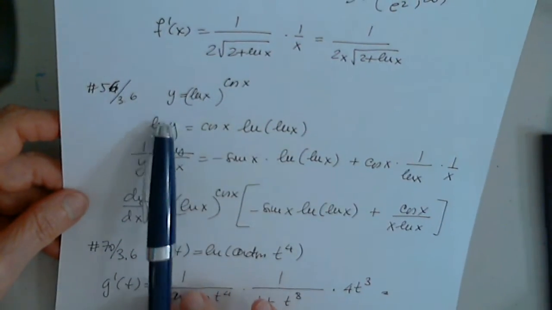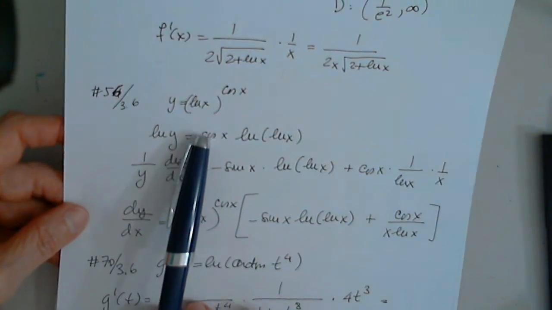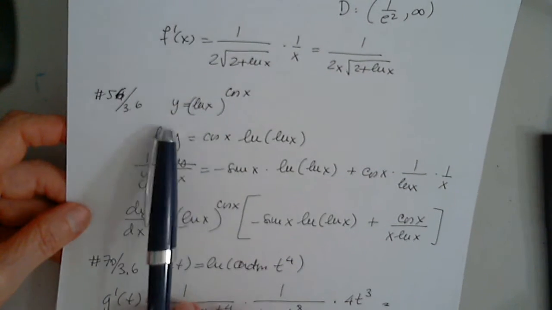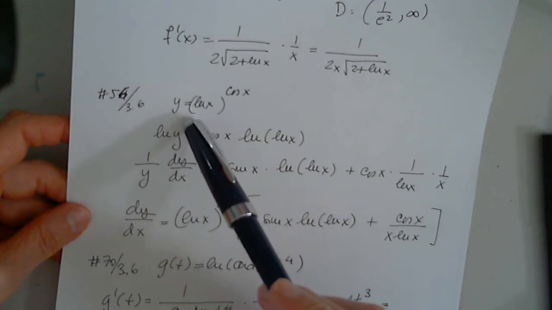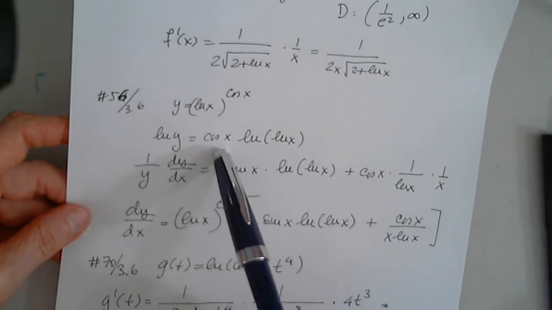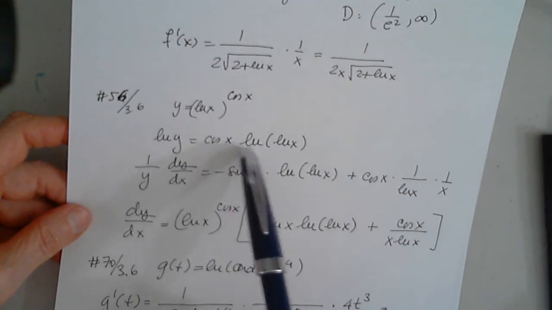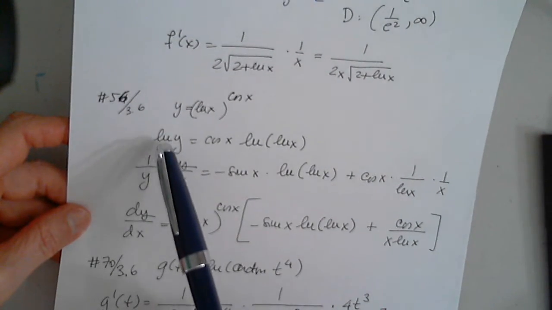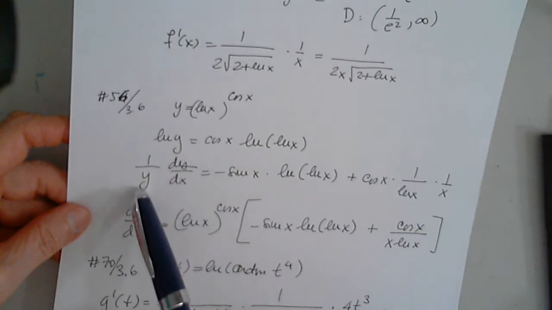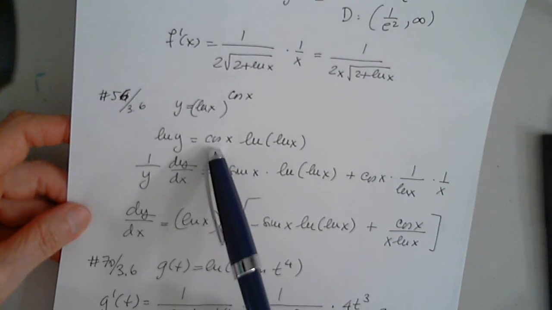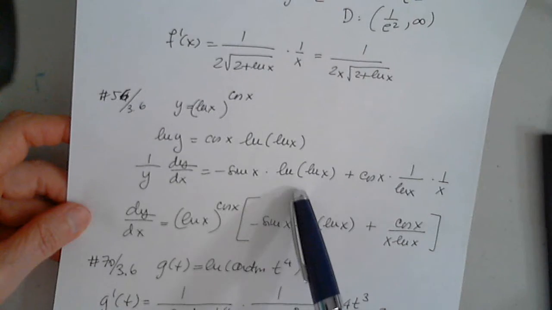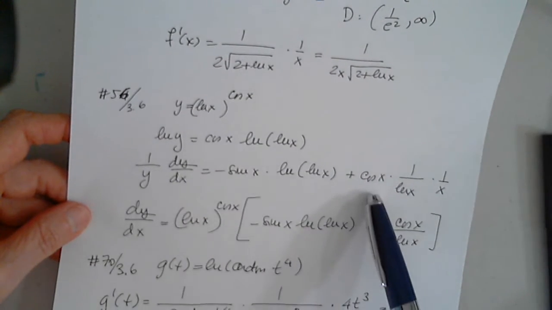Okay, now here we cannot use any differentiation rule. We have to apply natural log to both sides. And when we apply natural log to this side, cosine becomes a factor in front. And now we have a product, and we have to use the product rule. When I differentiate implicitly natural log y, I get 1 over y dy over dx. When I differentiate cosine, I get negative sine, and I copy the second function plus the first function times